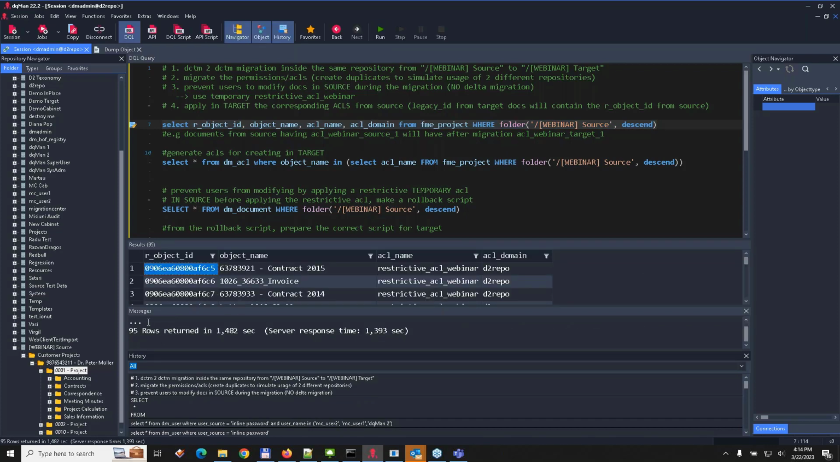This simple DQL shows us that we have 95 documents in this cabinet and its folder structure. So the documents are somewhere around here. And this results window is basically the one that shows us the results of the DQL. As you can see, we already settled the restricted ACL. We already put it here,